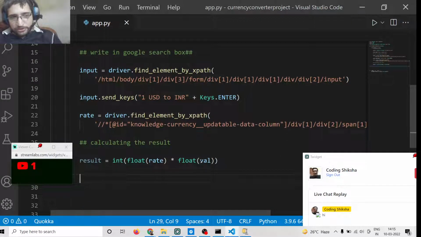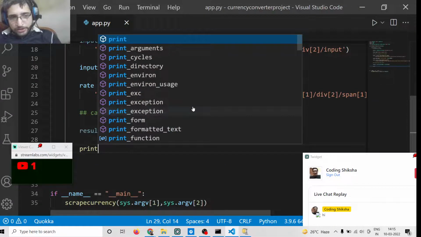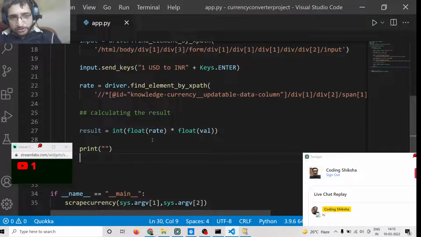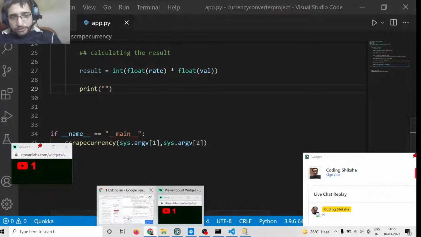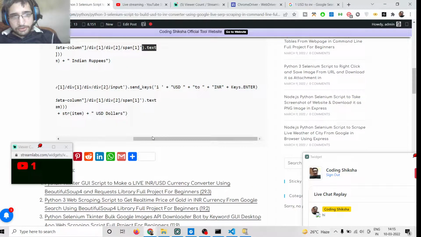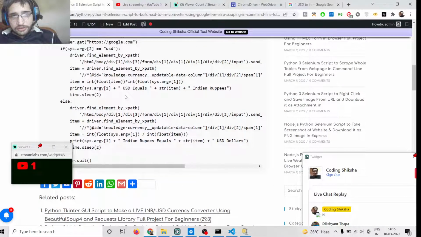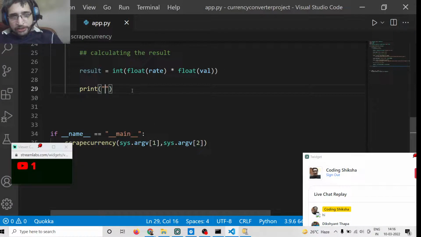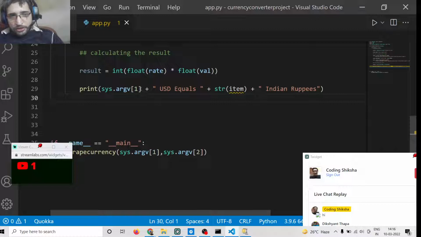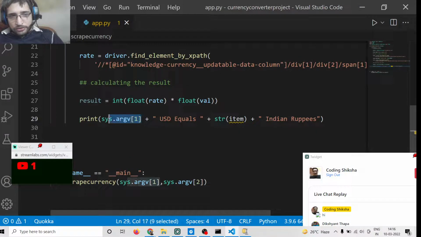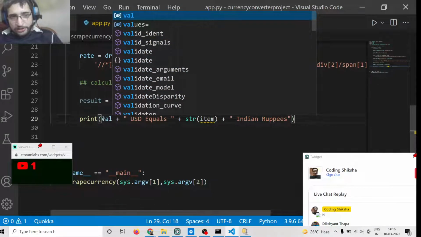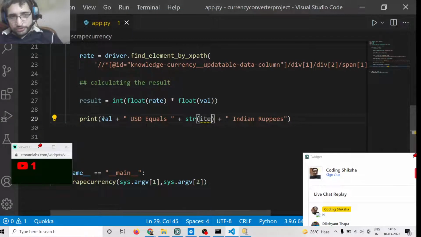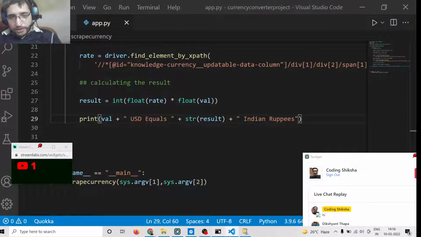That's it. So now this is the result that we have. Now we can print it in this manner. If you go to the video description, I have printed it out in a nicely formatted manner. So I can paste this line here, which is val USD equals this much of, so I will pass result here, this much of Indian rupees. So you can see that if I now run this now,